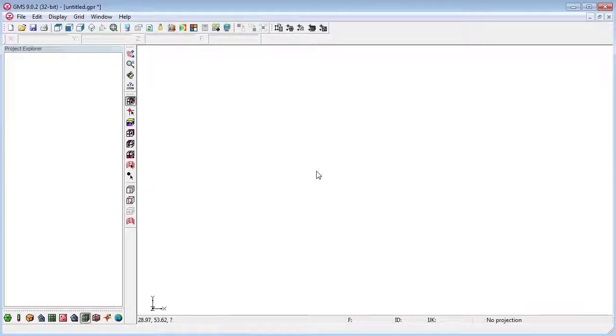Welcome to the GMS MODFLOW Grid Approach tutorial. There's more information in the printed edition not covered in this video. This video is meant to just guide you through the process of the tutorial without going into the details as to why. So to start out, we need to edit the units